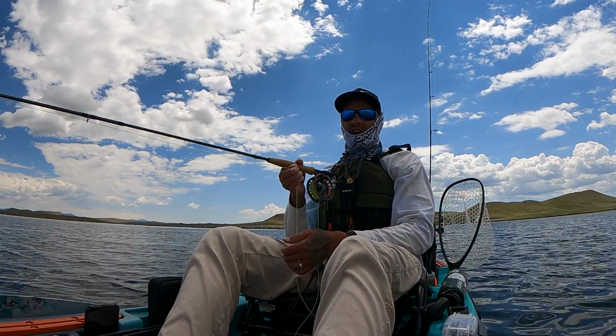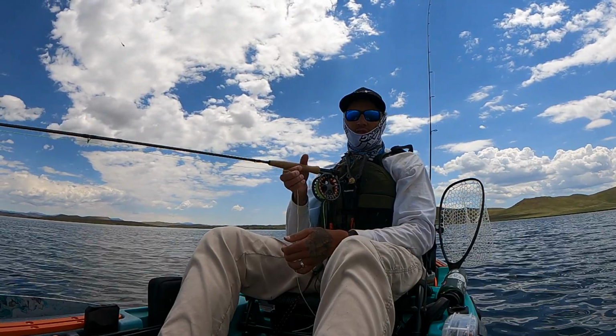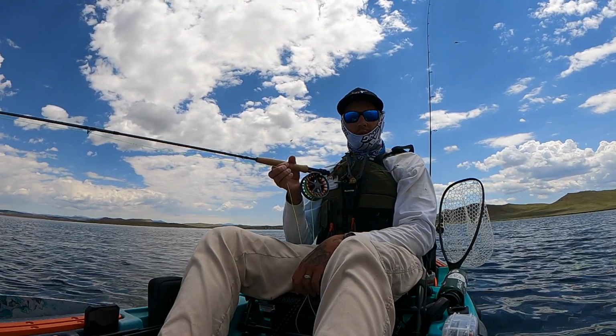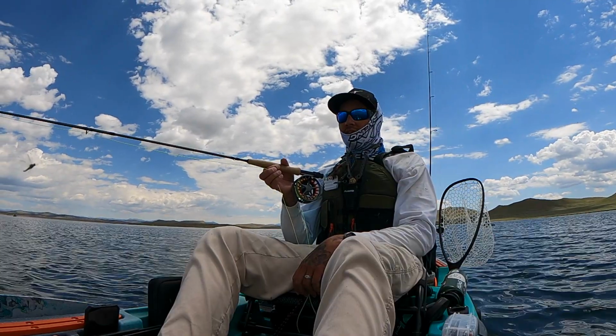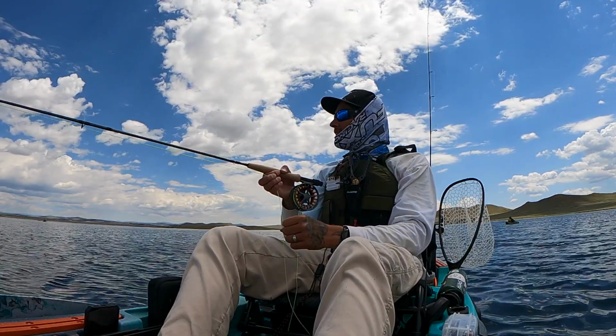So we're currently just dry fly fishing with a catabatus and a hopper. I've got my 5-weight St. Croix, my Lamson Liquid, and we're using 4X tippet. We seem to be getting them in. We had that one get off in the weeds. The hook was bent pretty good far out, so we bent it back, and we're just gonna see what else